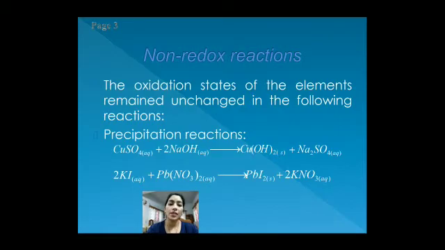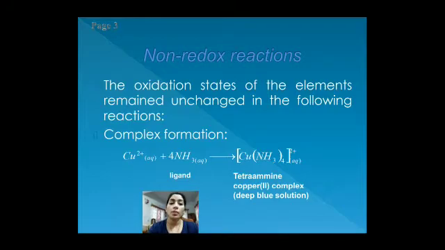Next example is the precipitation reaction. What is a precipitation? You have studied this also in class 10th. Precipitation means settling of some salt or compound in the bottom of the utensil is the precipitation reaction. Like when copper sulfate is reacting with sodium hydroxide, it gives the copper hydroxide and sodium sulfate, and this is making the precipitate in the reaction. Second example we can take when potassium iodide is reacting with lead nitrate, it gives the lead iodide and potassium nitrate, where lead iodide is a solid and being heavy in weight settles down in the bottom of the beaker.